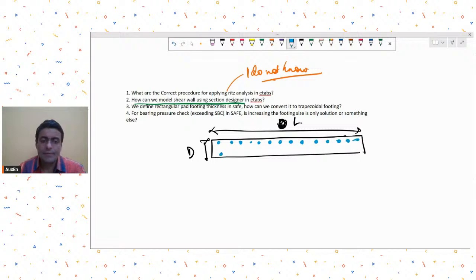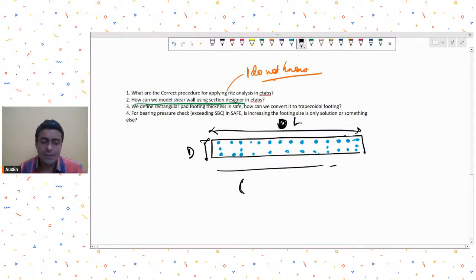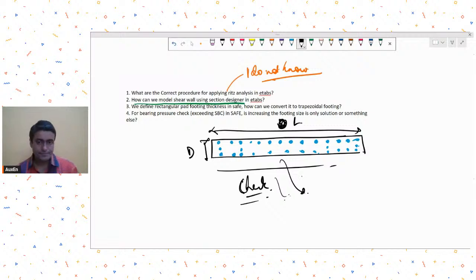Suppose in the boundary element you want to provide this kind of reinforcement, you could do that also in the section designer. Once that is done, you use this section designer and you may either use the check section or the design section command. Once this is ready in the section designer, then you can take this section that you have created and assign it to the